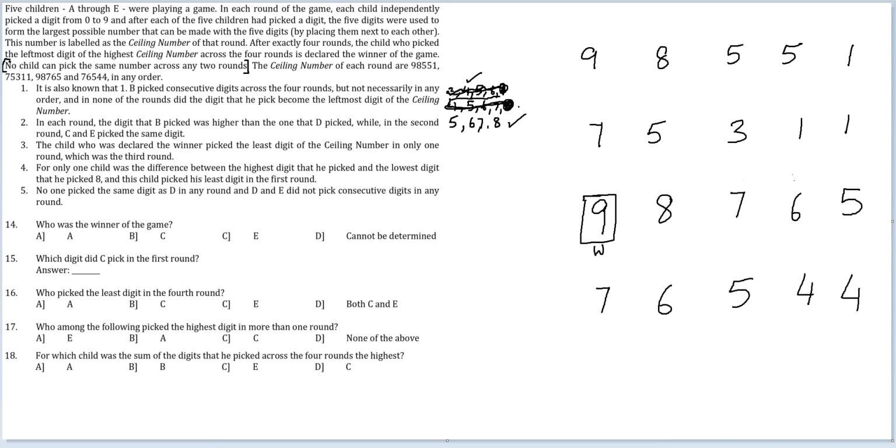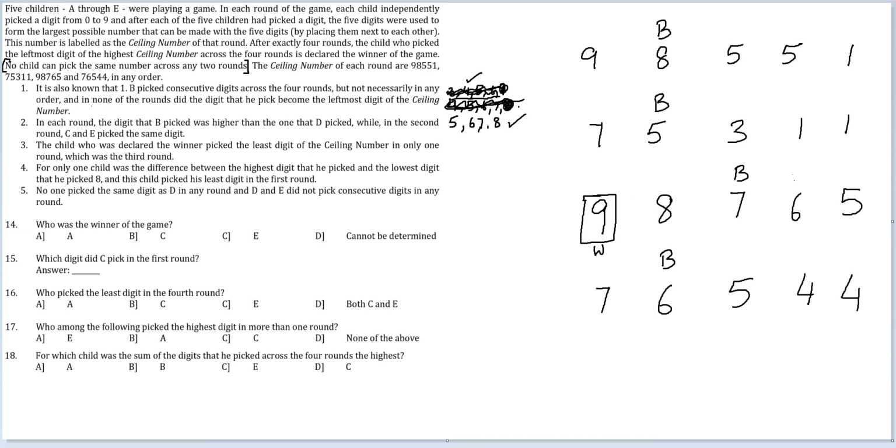So this case is also cancelled, and therefore the only 4 digits that B can pick are 5, 6, 7, 8. We had a precise case for this. Let's record it. 7 would be, okay, B would come here. 6 has to come, so B would come here. 8 has to come, so B would come here, and B would come here. Okay. We now have precise locations for B.